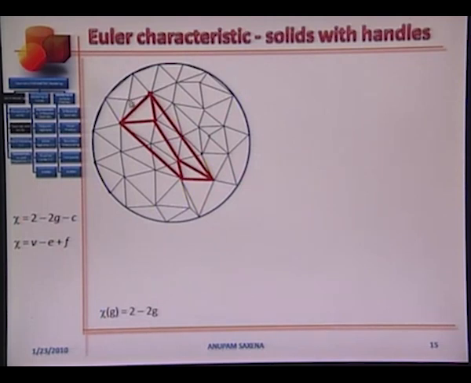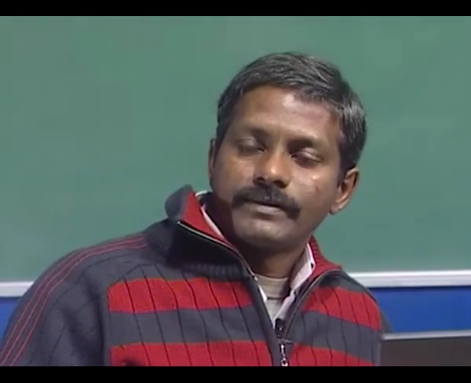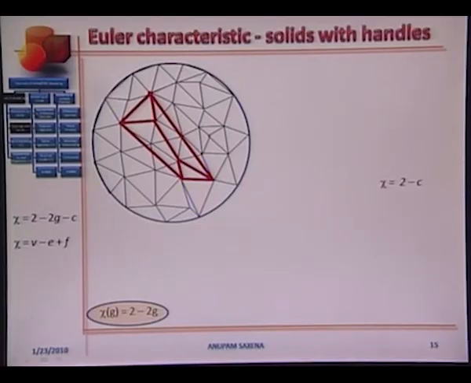Each time I generate a hole like so, I decrement the Euler characteristic by 2. Effectively, for g number of through holes or for g number of handles that I have introduced, I would decrement the Euler characteristic by 2 times g. This 2 here is the characteristic for a spherical surface or for all polyhedral surfaces which are homeomorphic to a sphere. If we combine this result with that we obtained previously,